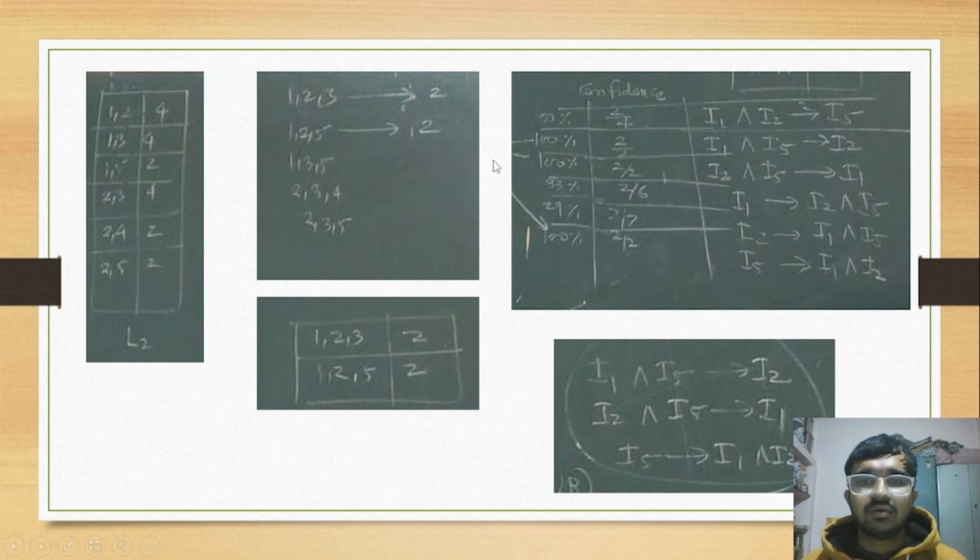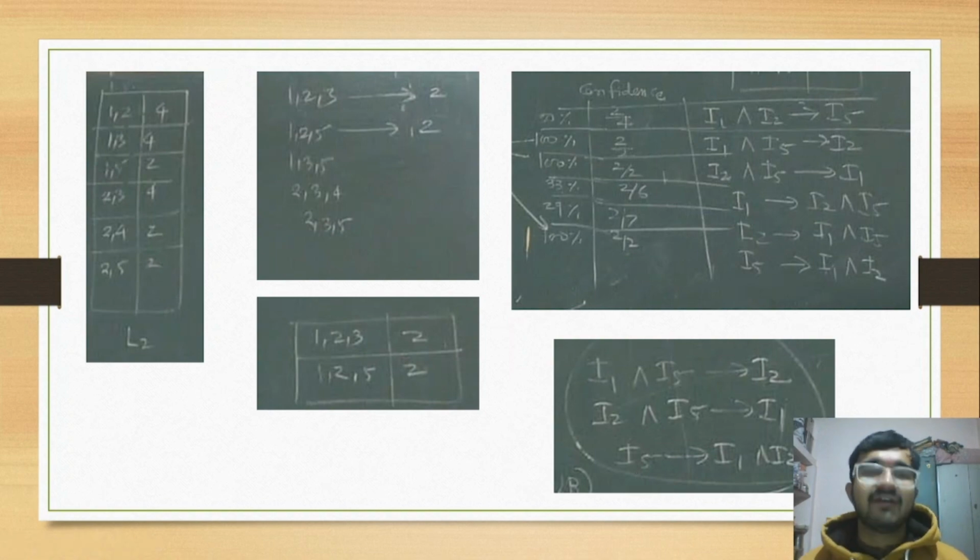And we will now pick up only those association rules which have the minimum confidence of the given 75%. So in this way we picked up these three association rules which fulfill our requirements of minimum support and minimum